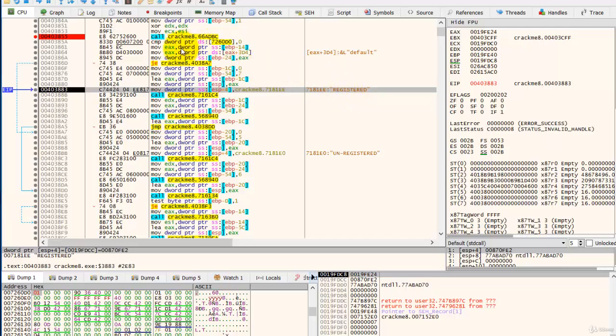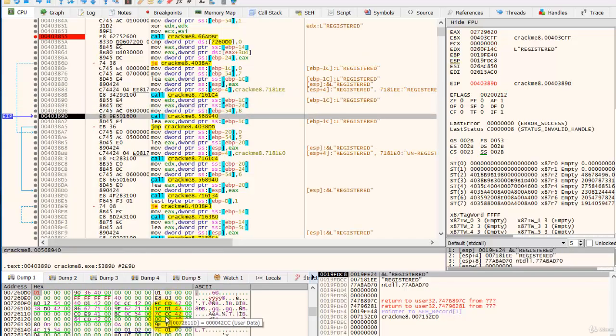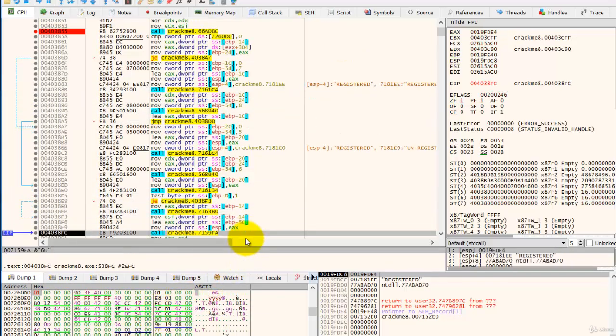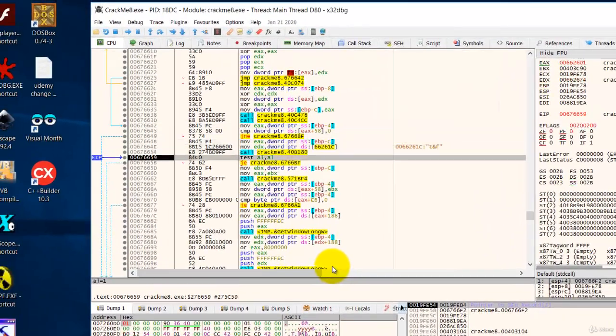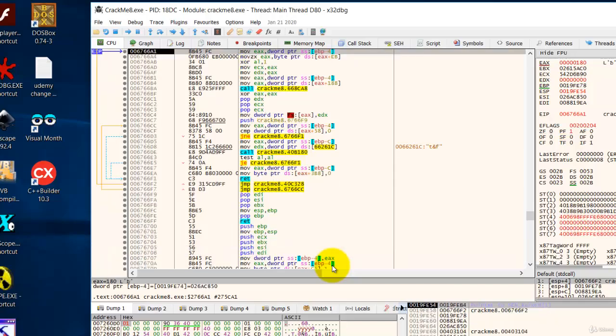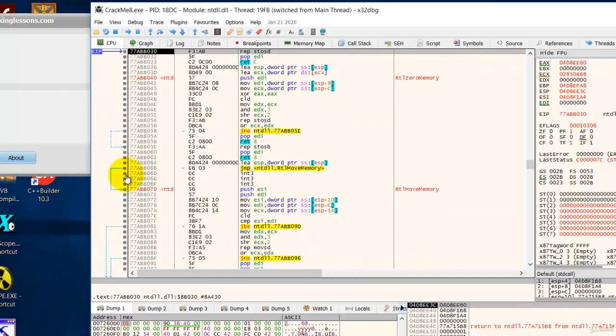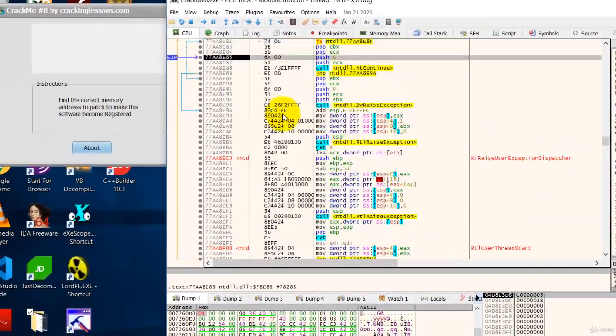So what we have just done is to crack the software to make it become registered by modifying the memory directly over here. This is called cracking the memory directly. Alright, so now if you were to continue to press F8 and so on and on, eventually it will just pop up the window to show you that it is registered. There you go,